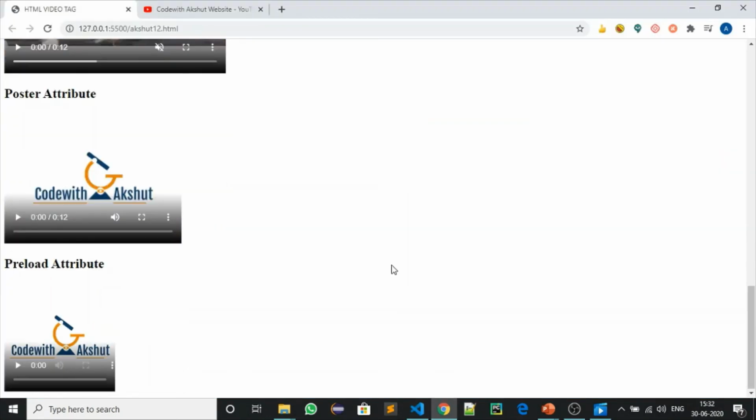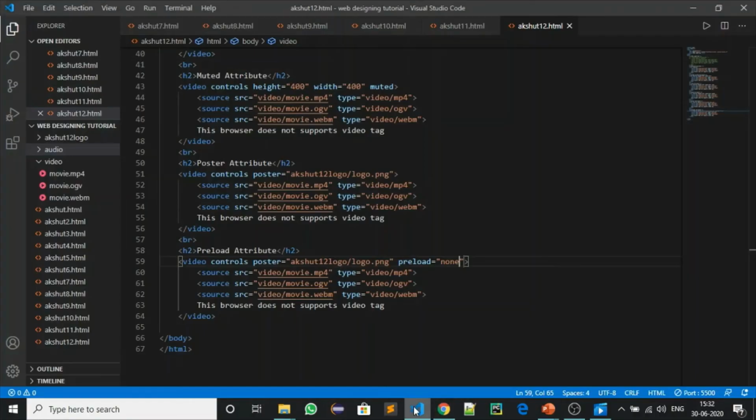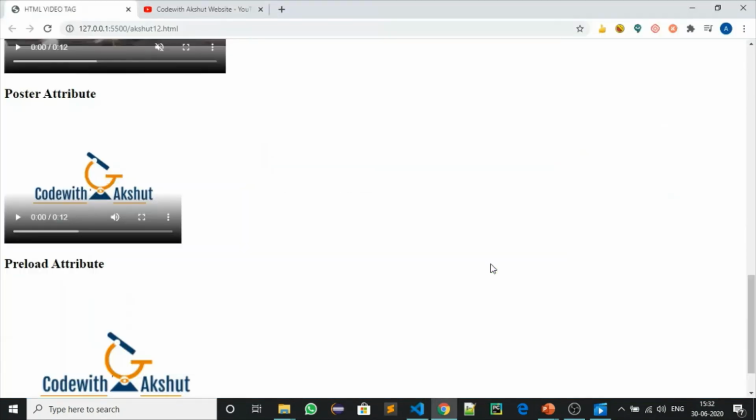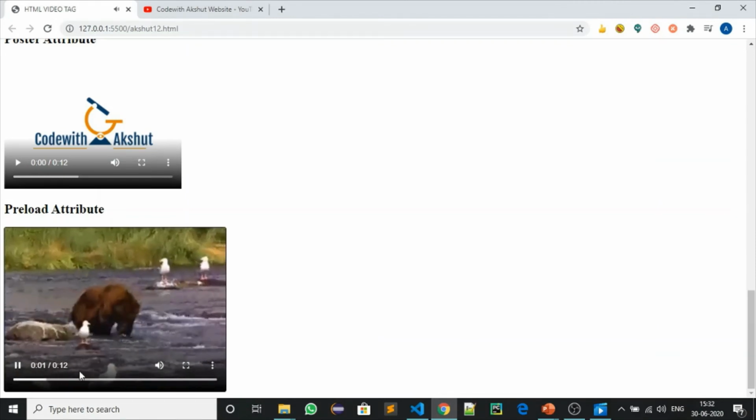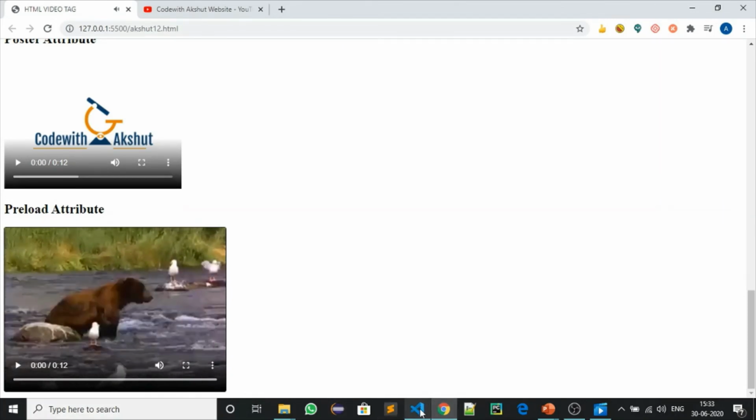If I put none here, it is coming only 0. Nothing is happening. Why is it happening like this? Also I should define the height here once. Now yes. So why is it showing 0? It is happening because we set preload equal to none. If we press it, it will show 0 and then the whole thing. If we put auto, nothing will happen, it will display this only. And if we put metadata, you can search in the browser about what will happen.